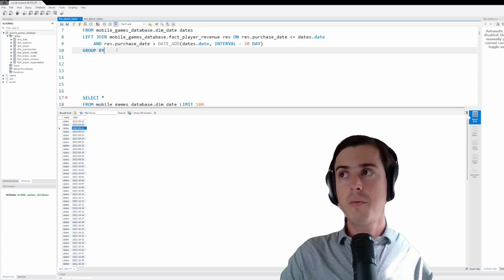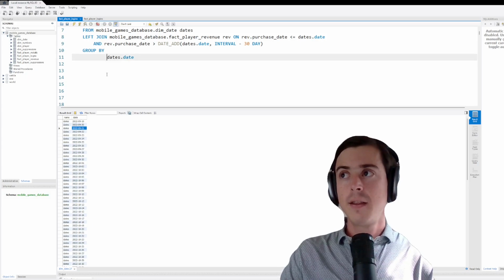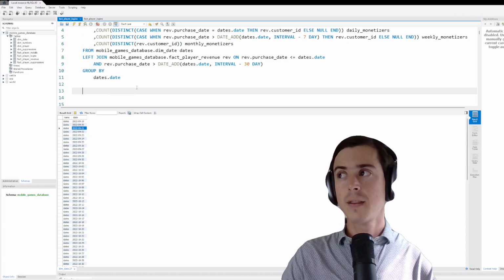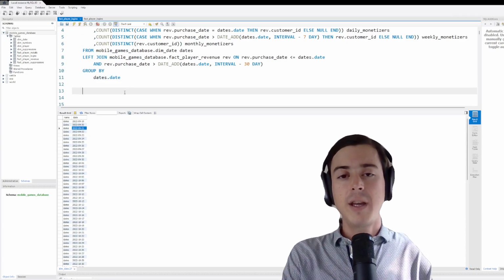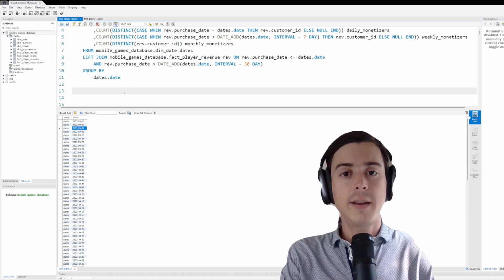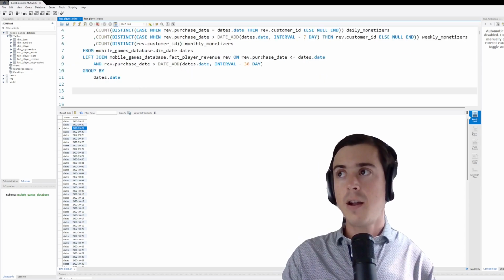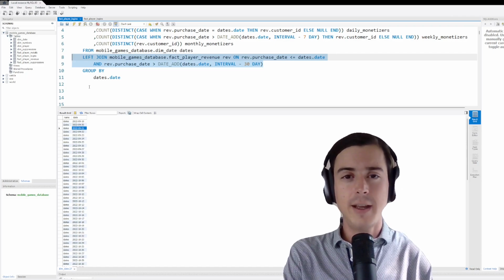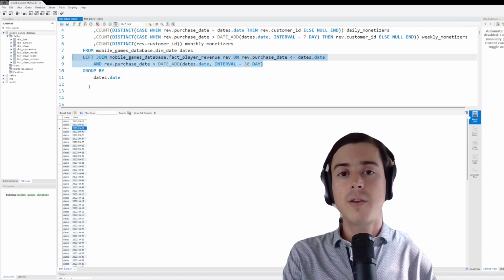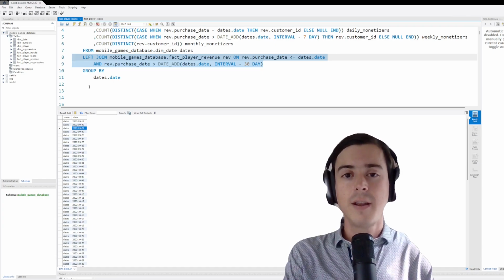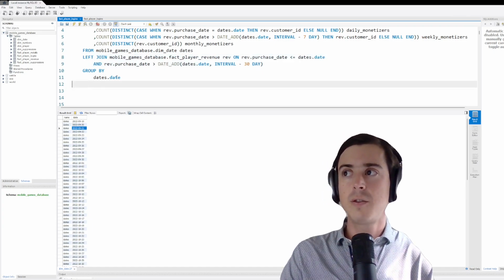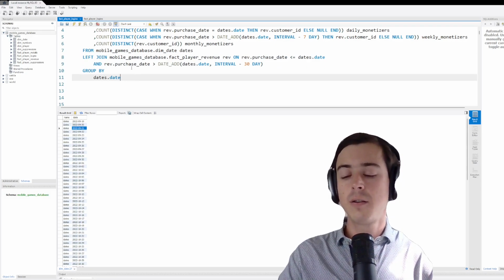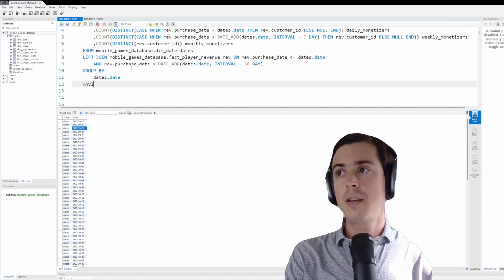So we will do a group by, and then here's the other thing we need to do. We need to make sure that we have enough trailing data. So a lot of this logic, especially in the join, it's saying go back 30 dates. Well, we need to make sure that 30 dates historically exist. So in order to ensure this, we can add some logic in a having statement. So we'll say having